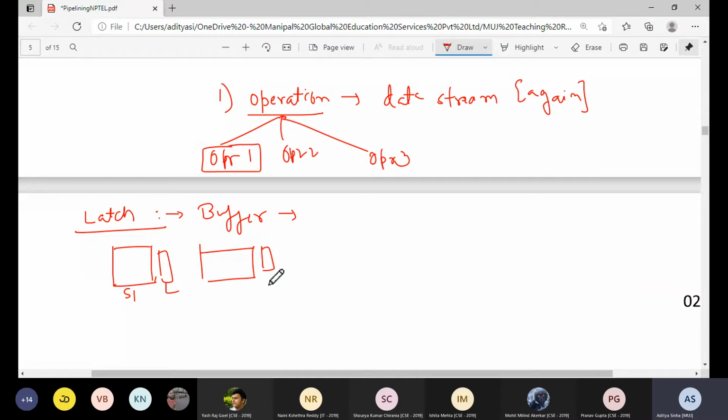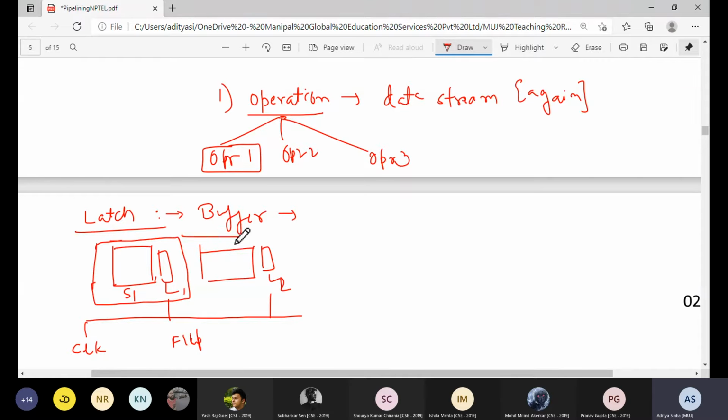So you have various latches. What are these latches made of? Anyone remember? Set flip-flop. Yeah, master slave flip-flops. And how do we keep all these sub operations or segments in sync? You have to transfer the data from one segment to the other in a proper synchronized manner. How do we do that?